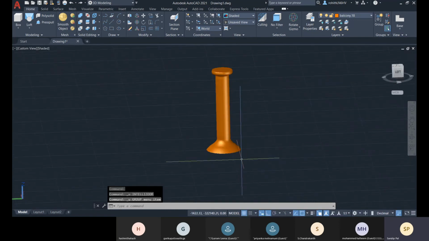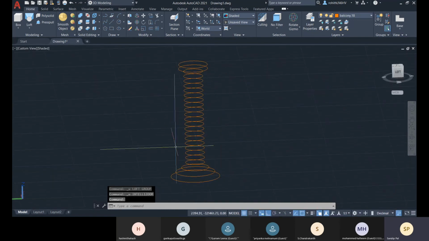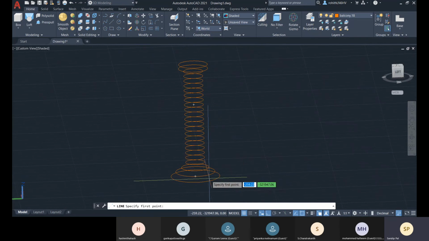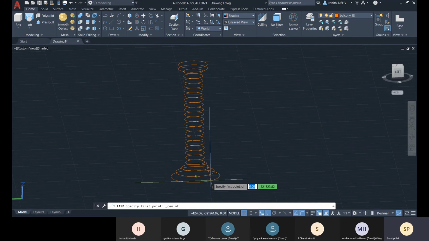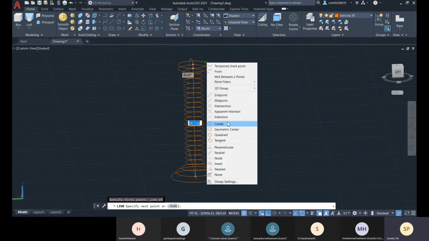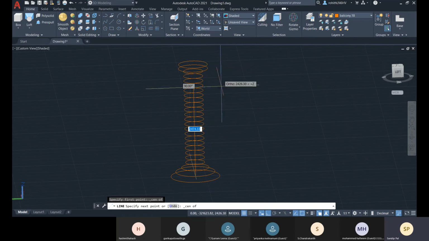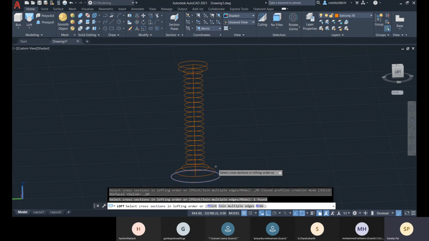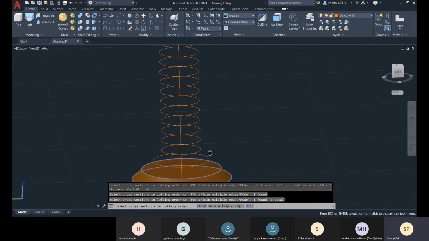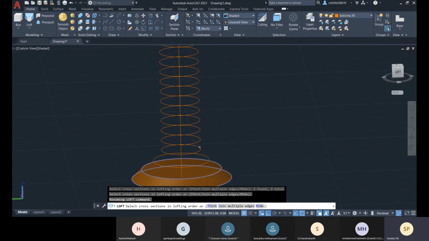Okay, and let me just show you one thing again. Suppose we have one line there, center only, and hold the shift button and right click, center, you have the center, and you go for loft. You have to select in order. You cannot select this and then select that. So you have to select in order.